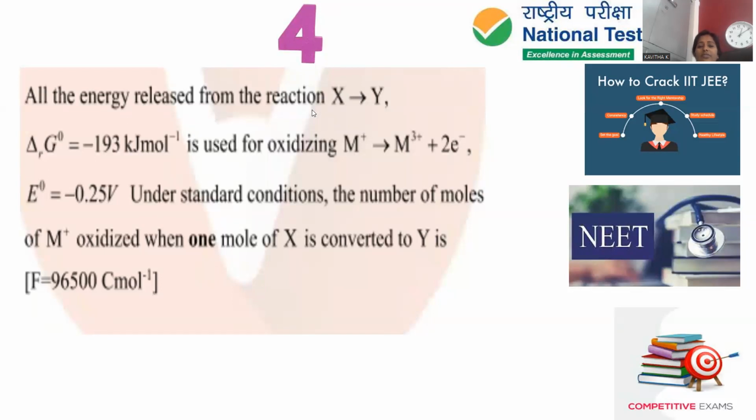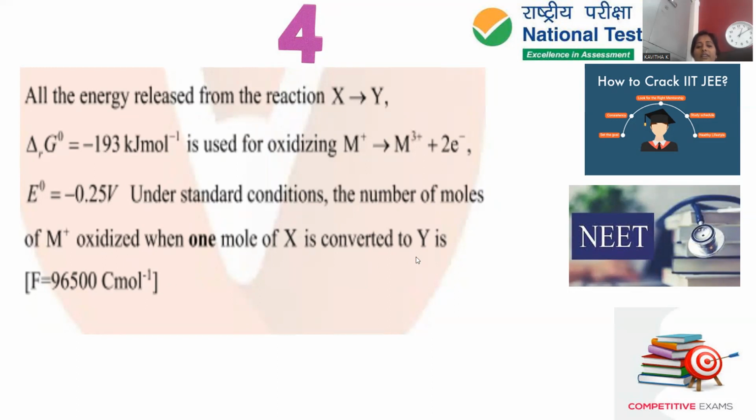All the energy released from the reaction X tends to giving Y, and delta G naught is equal to negative 193 kilojoules per mole, is used for oxidizing M plus into M plus 3. Whenever M plus turns into M plus 3, obviously 2 electrons will be removed. Then E naught, the standard electrode potential value, is given by negative 0.25 volts. Under standard conditions, the number of moles of M plus oxidized when 1 mole of X is converted into Y is, right? Under standard condition, the number of moles of M plus oxidized